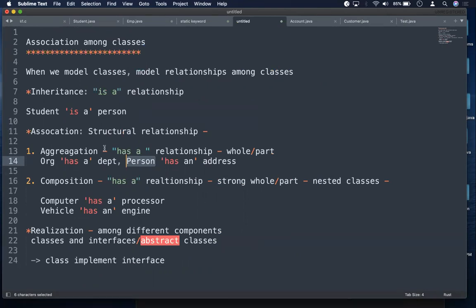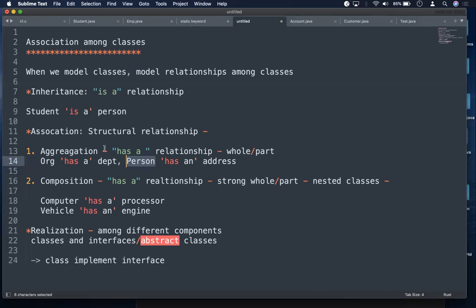And there are other examples. For example, you have an address class. That address class can be used in student because student has an address. Address class can be used in employee. Address class can be used in customer. And in the same fashion, a student class can use courses, what courses a student has enrolled in, and a student class can have a teacher object because of what teacher is assigned to this student. Like that, whenever you find some structural relationship among certain entities that you are modeling,